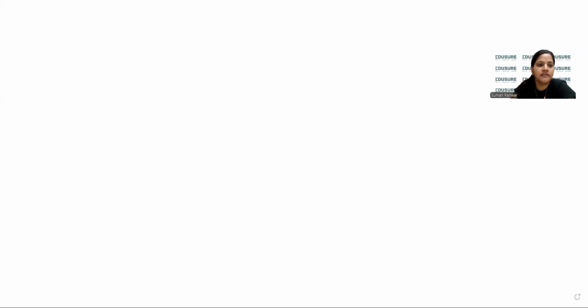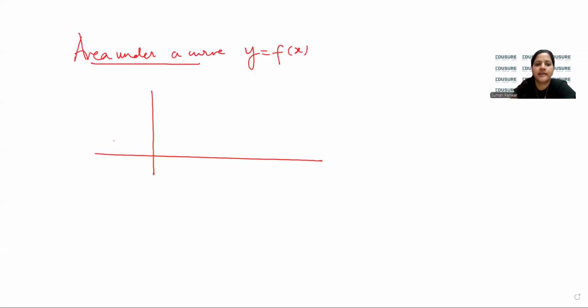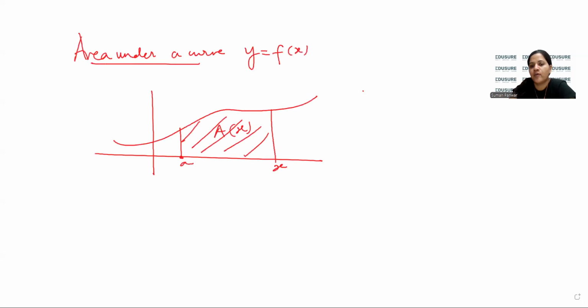We have just done area under a curve, where the curve was y equals f(x). And we have seen that if a is a starting point, and we go till x, and if we denote the shaded area as A(x), then A(x) was capital F(x) minus capital F(a), because the final point is x and the initial point is a,